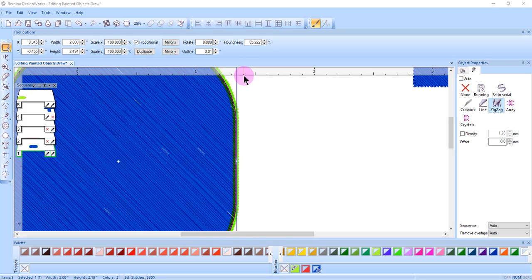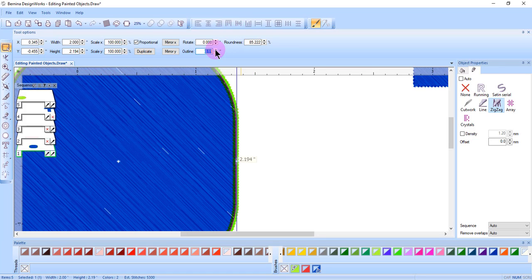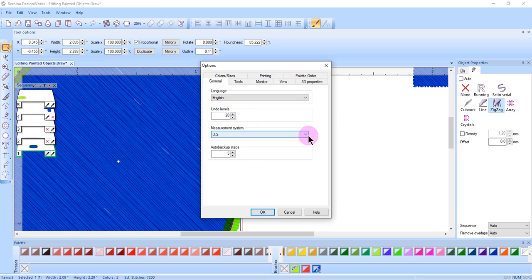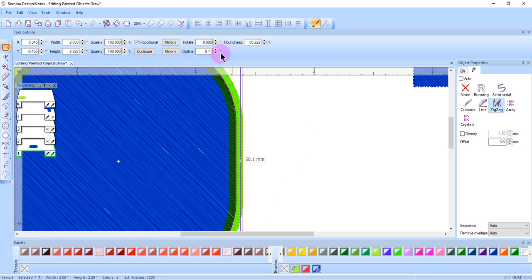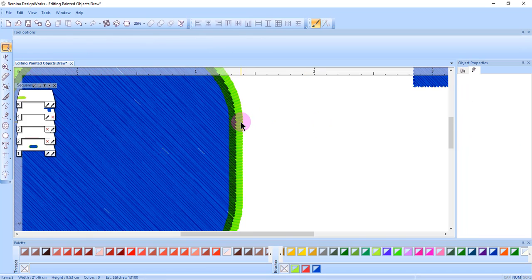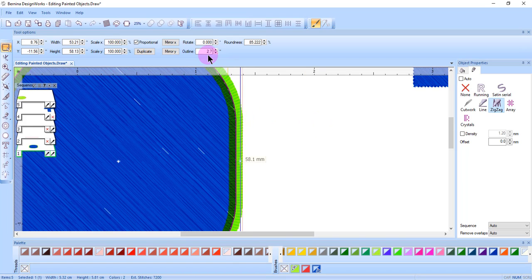The thickness of the drawn line can be changed in tool options by changing the outline value. Again, when you are working with the outline value in tool options, you may want to be in the metric system because you will have smaller increments when you use the metric system. Remember, the inch symbol will still remain, but when you deselect and reselect the object, the value in the box